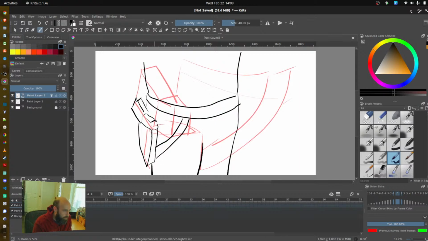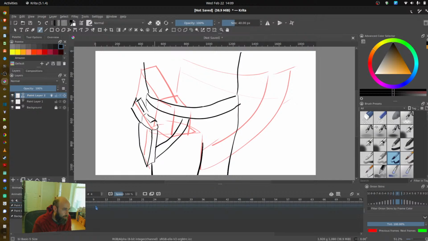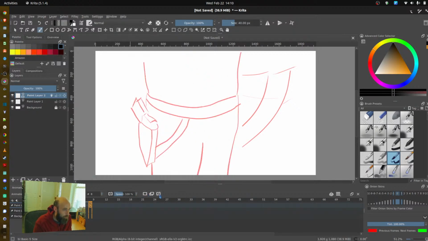So thus far we have kind of the two-step of motion. Let's hop forward a few more frames. Let's make a new one. Now the way I have this set up is that it only shows me so much with the onion skinning,